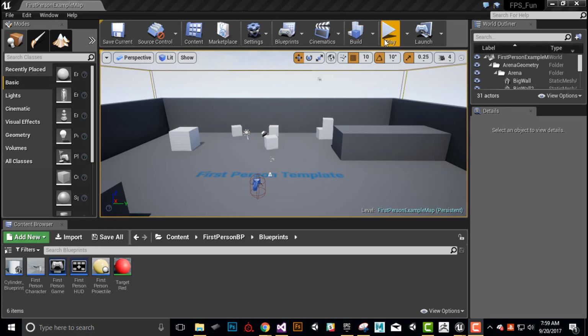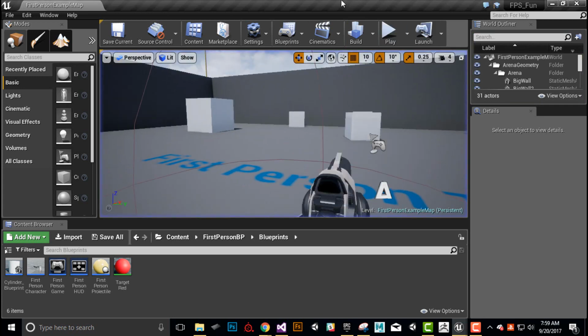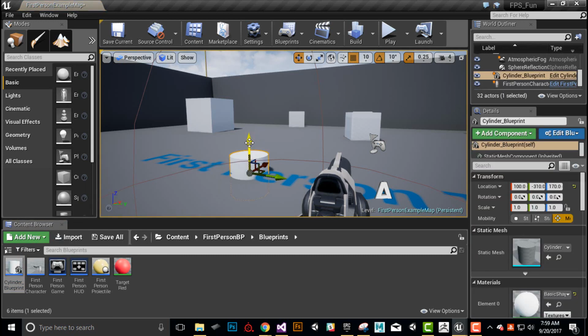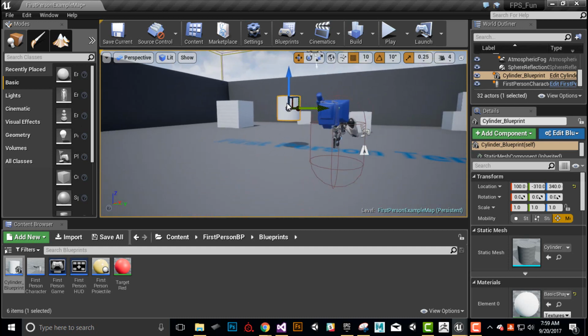So let's take a look at what we did last time. I'm going to go ahead and hit play. I forgot to save it actually. Let's grab our cylinder blueprint here. And what we can do, and this, if you're in my class, was your assignment,